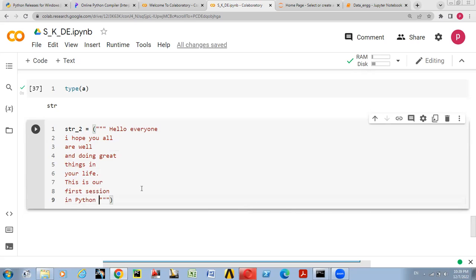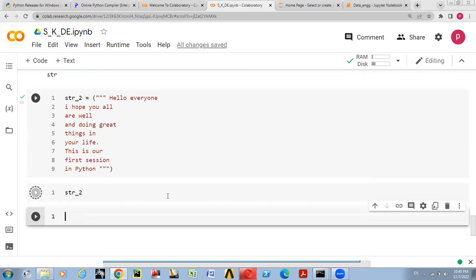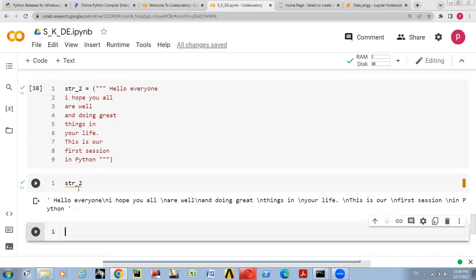So if you want to execute this, simply str2, and we can execute it here. When you invoke it without using the print command, you will see \n after every new line. But when you use this print command,